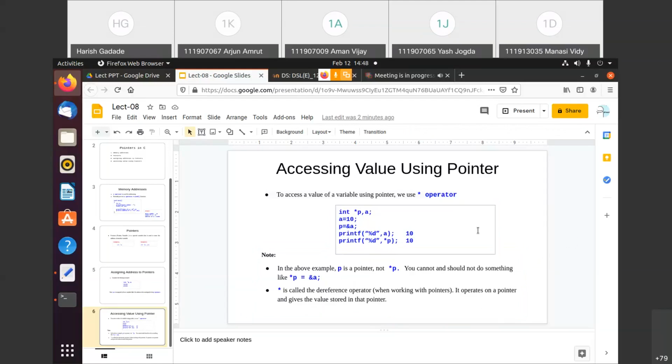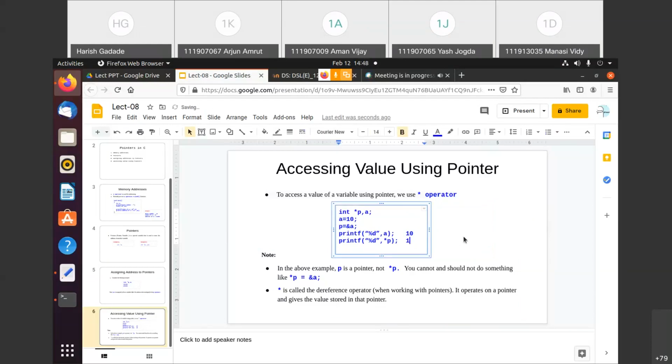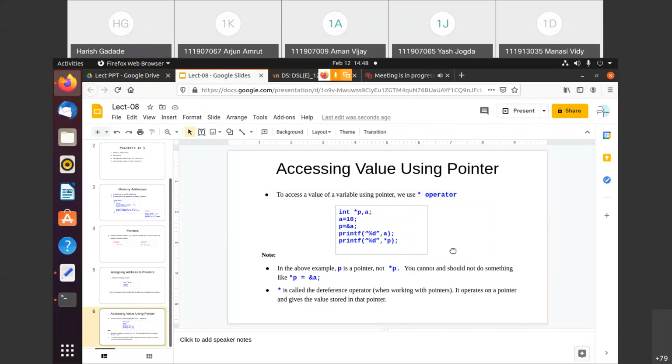I don't know how much you understood this concept over here. Actually, I need a page and pen or the board or something to explain this one. It is very tough to explain. So in this way you can access it, right? Any doubt here? Now see, one more concept is also there.